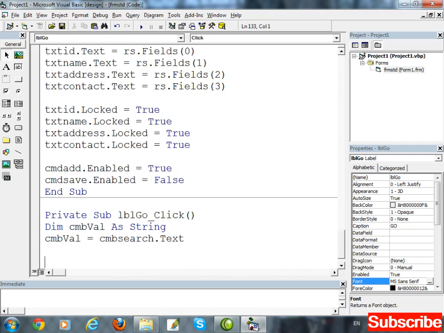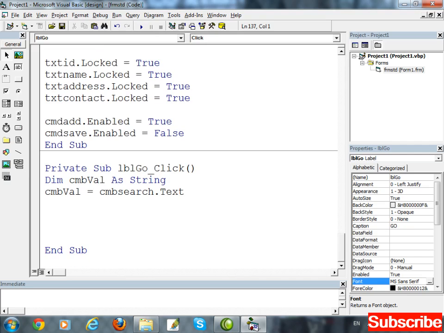Now using an if statement, we will check the value of CMB val. If the value of CMB val is name, then do search by name. If the value of CMB val is ID, search by ID.